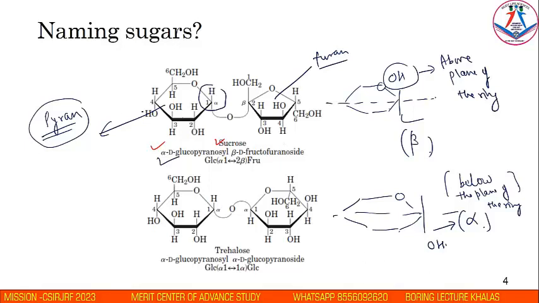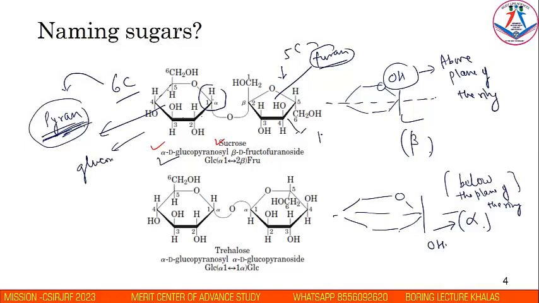What I am saying is that during the naming of sugar, you always have to name the ring also. You have to involve the ring. So this is a 6 carbon hexose sugar. Always a 6 carbon sugar is named as pyra, and a 5 carbon sugar like deoxyribose or ribose will be called furan. Correct? So sucrose is made up of